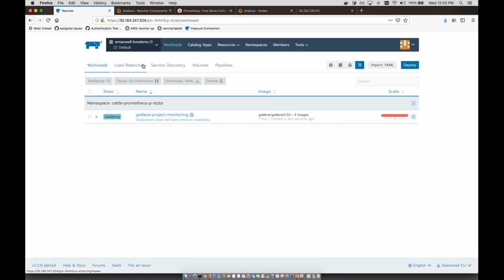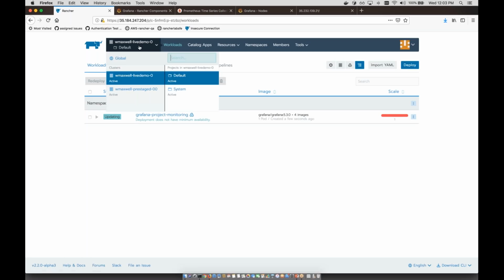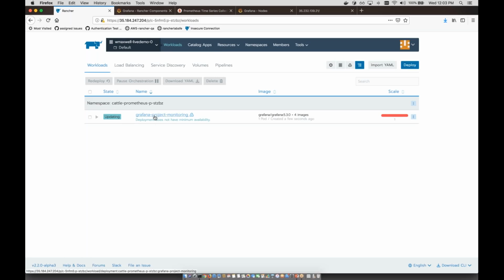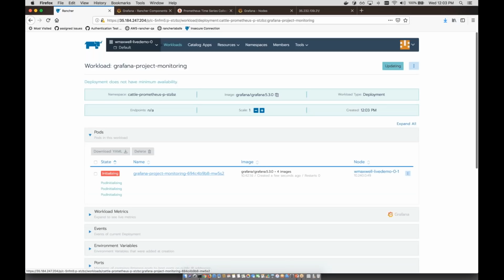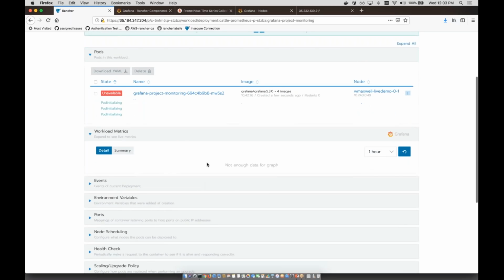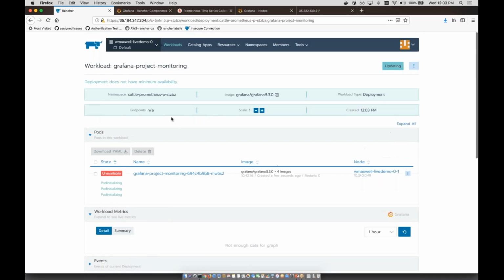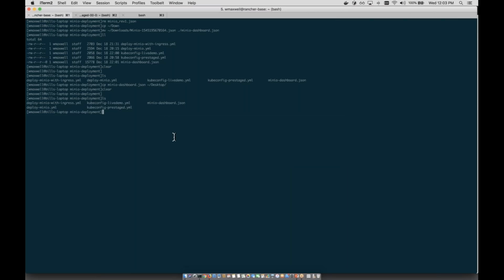The thing that I thought would be kind of fun is, I can see this now in my workload. I can see that there are workload metrics as they come online, and I'll be able to get access to this. But while this is doing that, why don't I deploy Minio